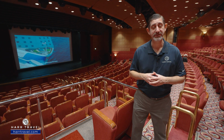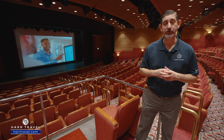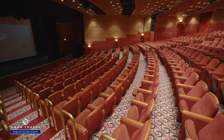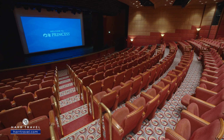They'll bring on guest entertainers, whether it's singers or magicians or comedians. And once again, the longer cruises, they'll bring on even more guest entertainers. The shorter ones, they'll have more of those Broadway-style experiences. Now, once again, you've got stadium-style seating. It goes all the way to the top, plenty of space to spread out, and this is all included in